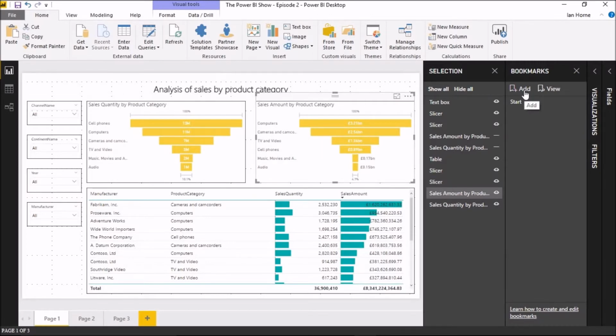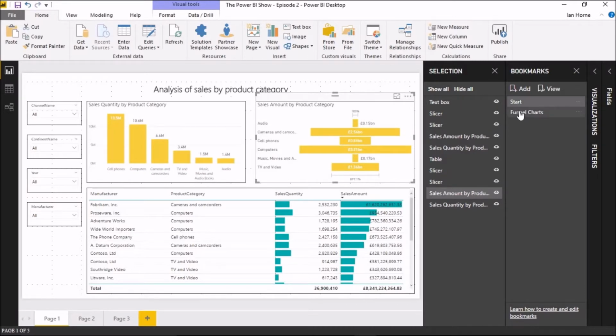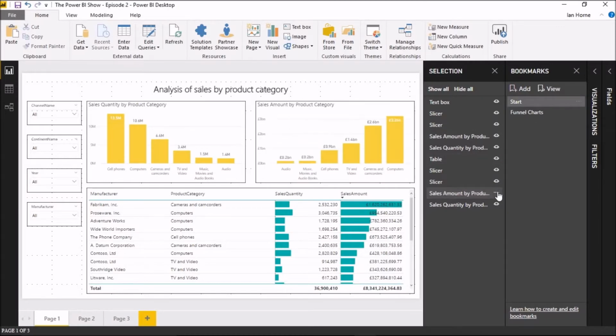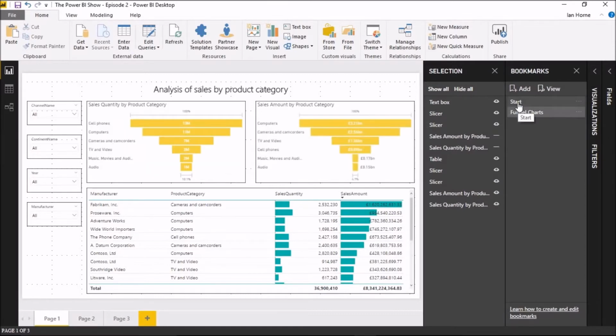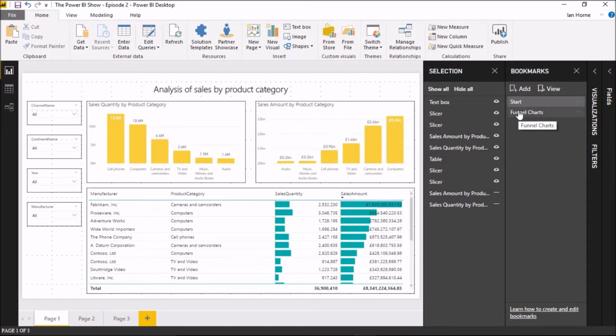Let's add a new bookmark, and we'll rename that as funnel charts. And now I can swap between the bar charts and the funnel charts. And in fact, actually, I need to update my original bookmark and hide the funnel charts. And we'll just click on update. So now I can swap between the two bookmarks, and that changes or toggles my charts between bar charts, funnel